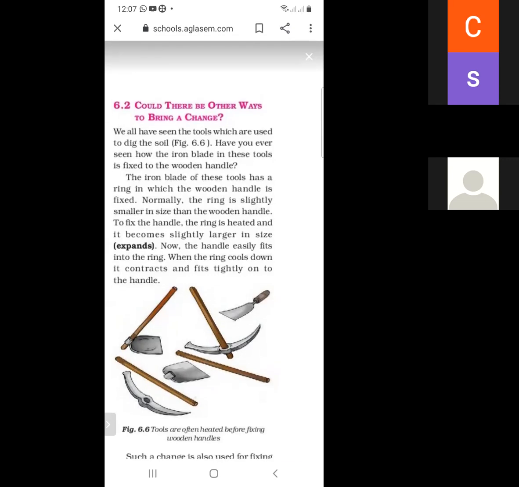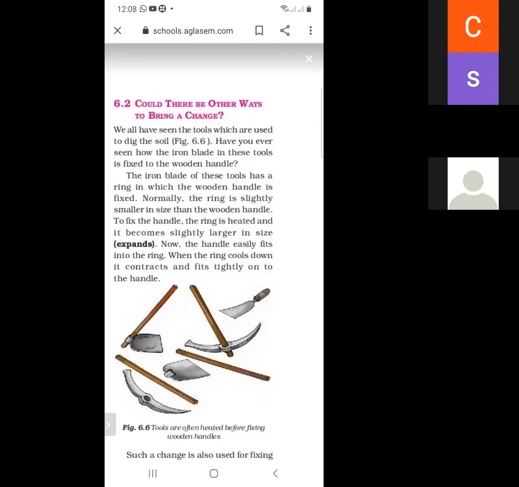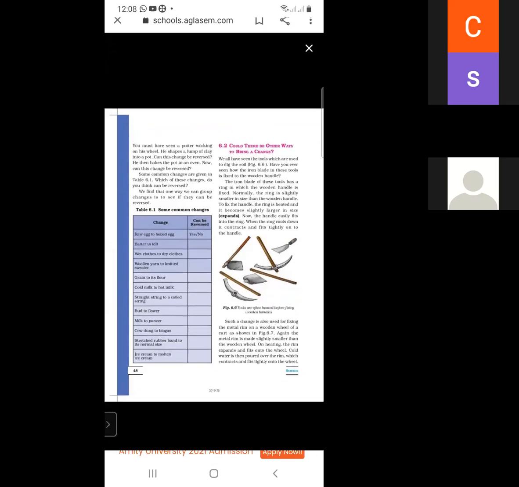And when its size increases, the handle can fit into the ring. So due to expansion, the handle can fit into the ring as shown in figure 6.6. The handle is fitting into the rim because if we heat the material, it expands and its size increases.